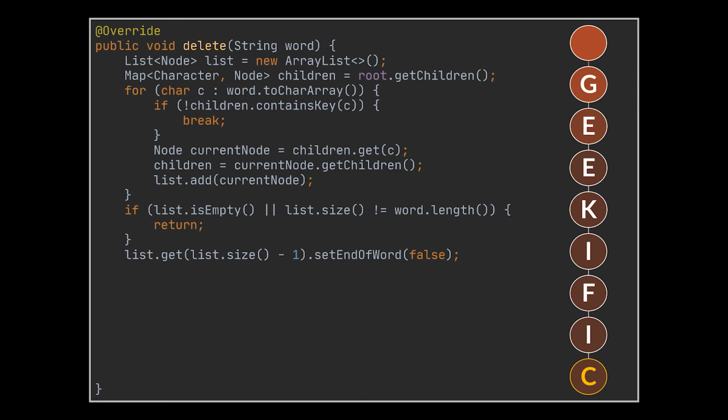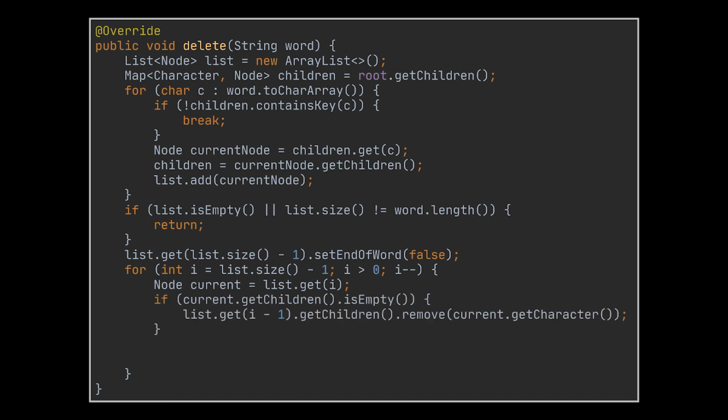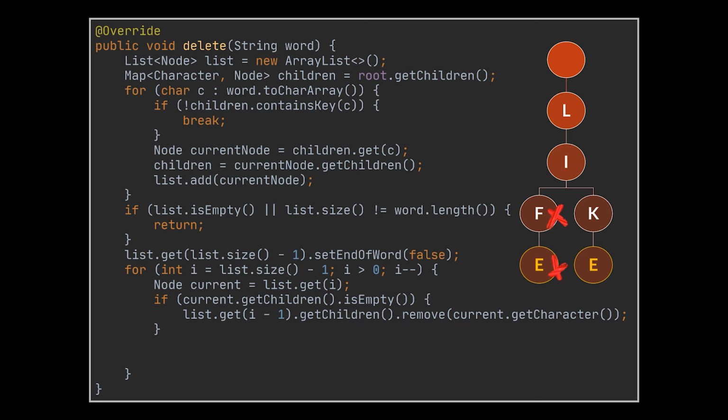But how and when do we want to remove non-needed nodes? To do that, we have to loop over the nodes we have, in reverse order. And for each node, we have to check if it has any other children that rely on it. If it doesn't, then it is safe to remove it from the list of nodes linking it to its parent node, which is the previous node, or the i-1 node. So, if we had a tree with like and life as its words, and we want to delete life, this condition prevents us from deleting the characters L and I, as like also relies on them.